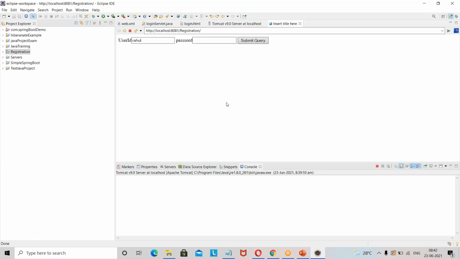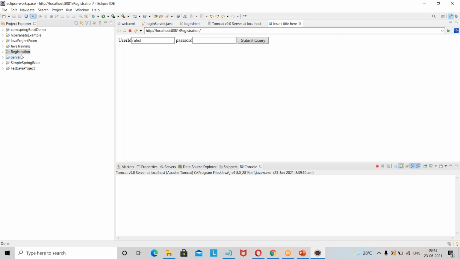Yes, there are a lot of things. It is not only one project; you will have a couple of projects like this registration, with a lot of servlets and a lot of HTML. So you make that as a WAR file and deploy that to one server. Here in my local machine, I have Tomcat.